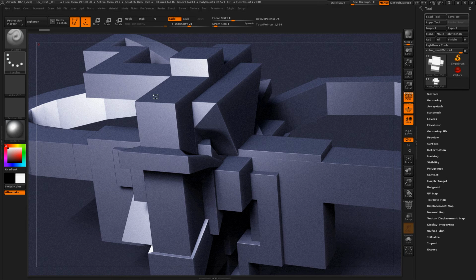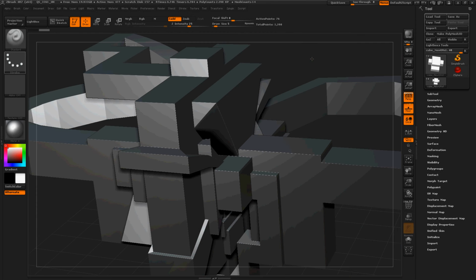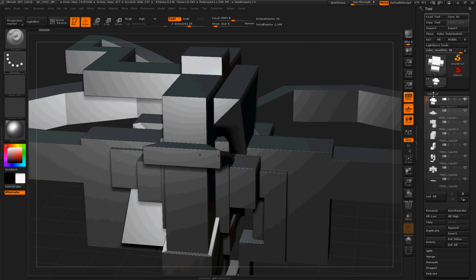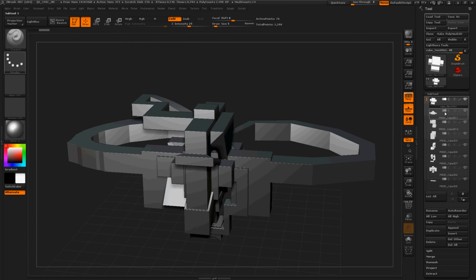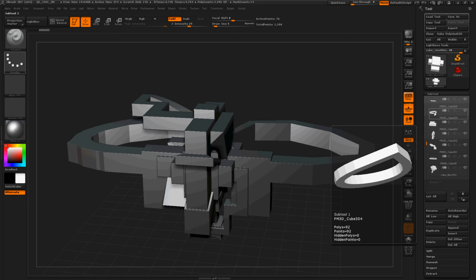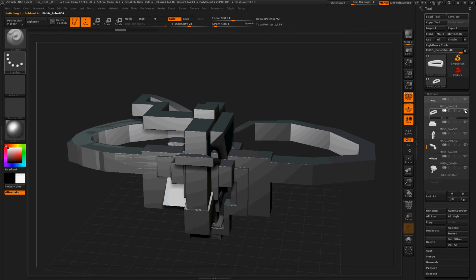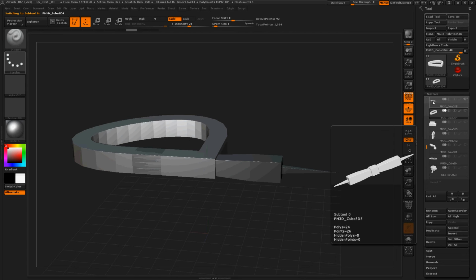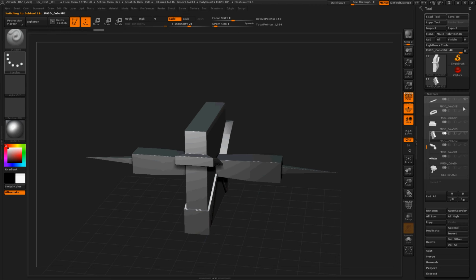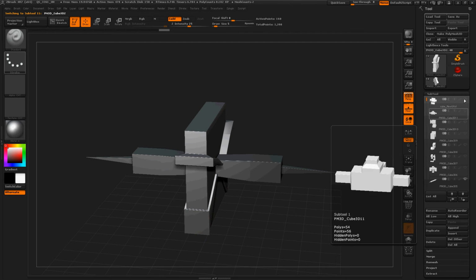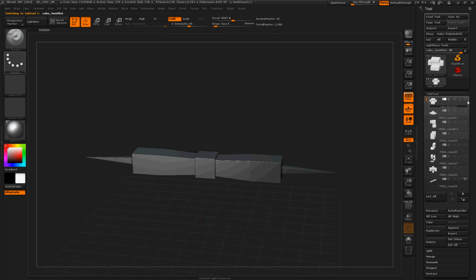Here is a lovely picture of just a bunch of subtools. If we open our subtool palette and zoom out, you can see that I have a few different subtools. They don't have any rhyme or reason to them. They are just different. So once you have a document like this with a bunch of different subtools that you think are cool,